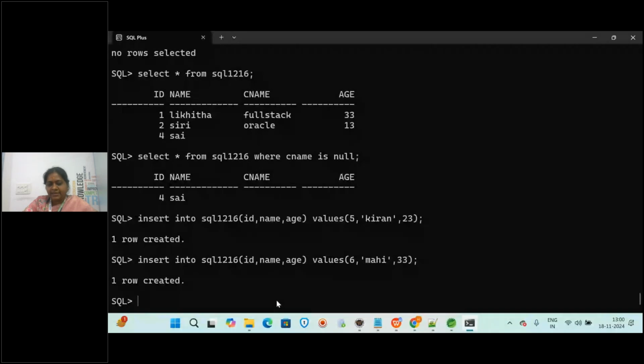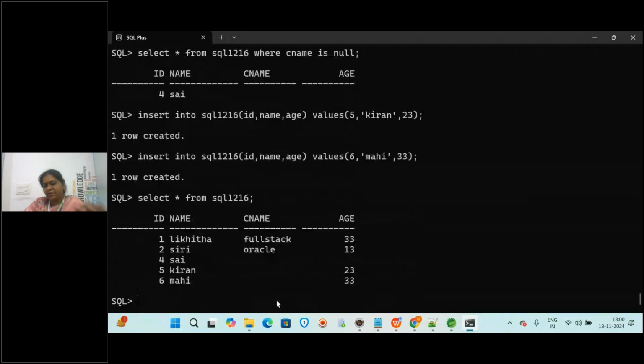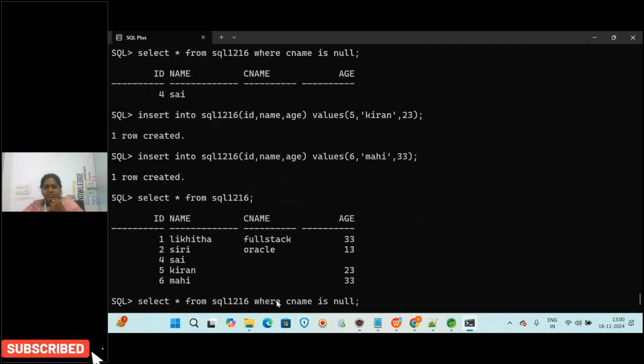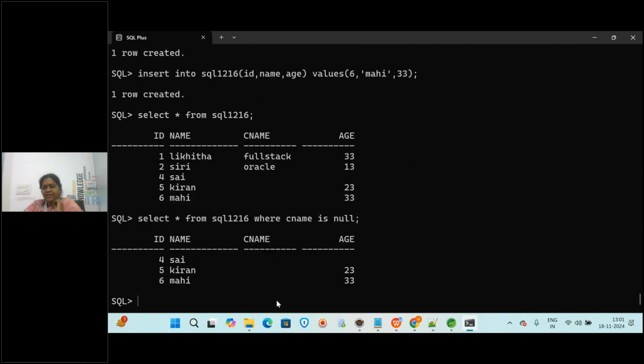One more row inserted. So now select star from SQL. We have this data. Now same previous query I will add once again where course name is null. So what we are getting? Only course name which is null for these all values, right? Course name is null for all these, Kiran and Mahi also. So now if you are telling like instead of course name, if you are using what, age, so where age